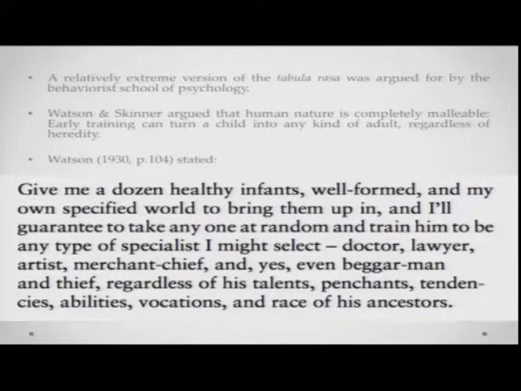So, what Watson is trying to say is that given the right kind of conditions, given that you can manipulate the condition that somebody is being brought up in, you can get whatever effect out of the individual. You can mold individuals to be whatever they are, and the philosophy behind this is that people are just the sum and total of what their environment wants them to be. So, given any kind of environment, what the person turns out to become is just a consequence of that environment. That is something which Watson has said.